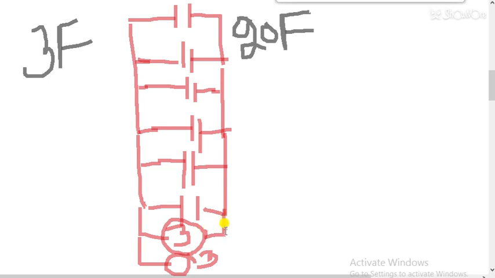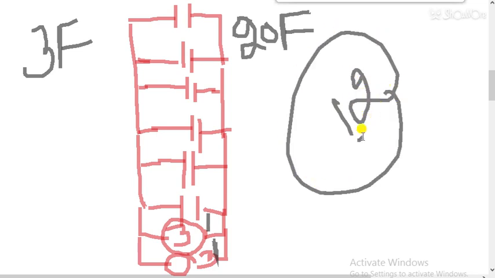So students, in short, how many capacitors are required? Let's check. 3 3 3 3 3 3. So 18 is obtained here, 1 is from these 3 and 1 from these 3. So 20 you will get. Minimum number of capacitors required is 1 2 3 4 5 6, 6 and 3 9, 9 and 3 12. So in this case a minimum of 12 capacitors are required.